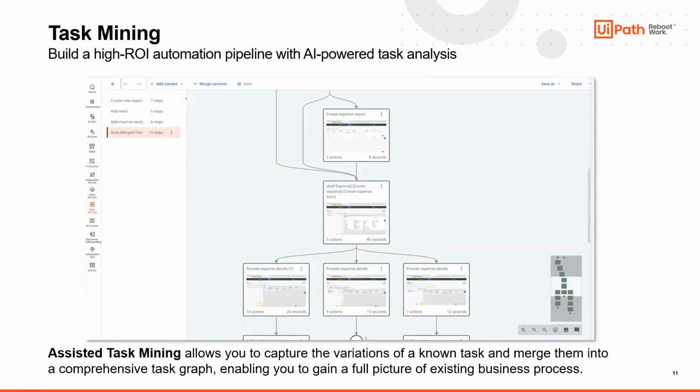And from a task mining perspective, we've continued to improve the model behind the scenes in terms of aggregating the data from task mining and spitting out different traces. But what we've also released is something called assisted task mining. The best way to think of it is it's in between full-blown task mining and task capture. What assisted task mining allows you to do is have different users capture the same task that they're going through once. And what it'll help you do is actually merge those together into different variations of that